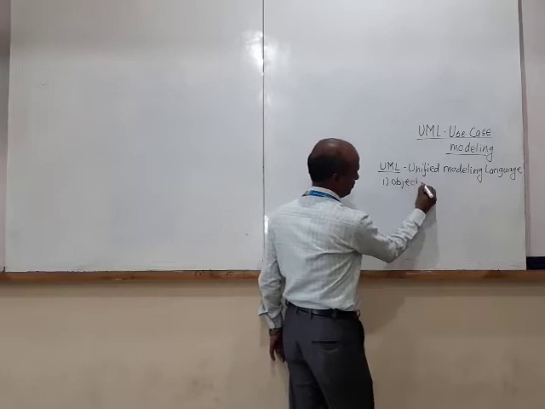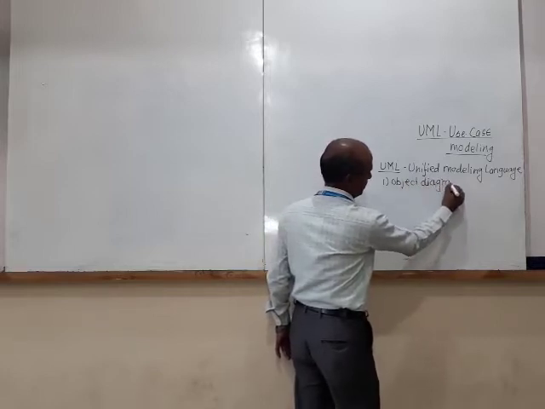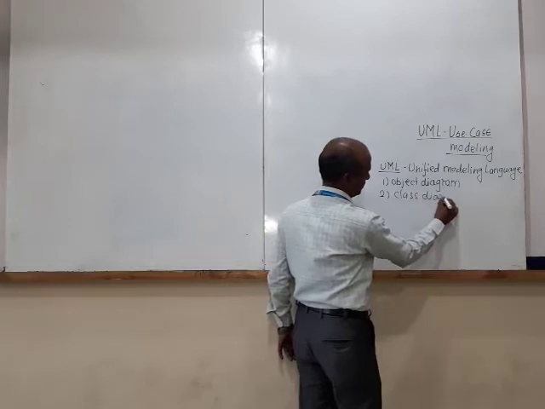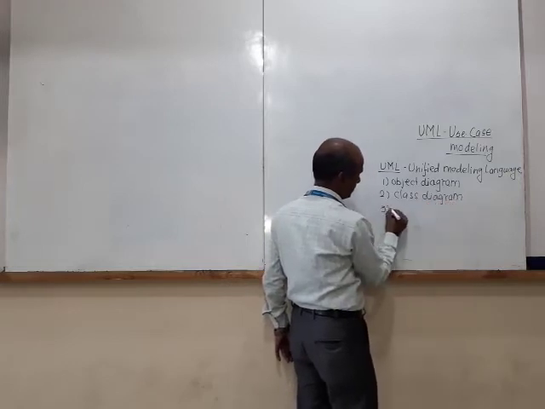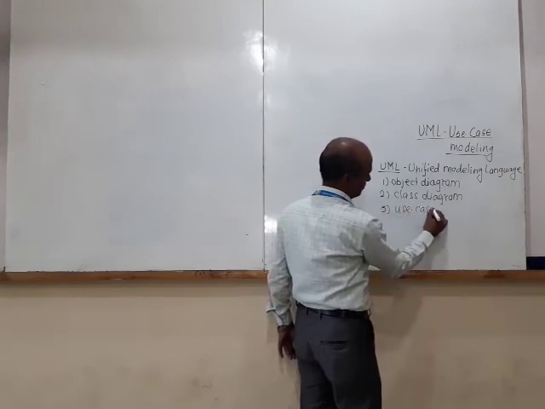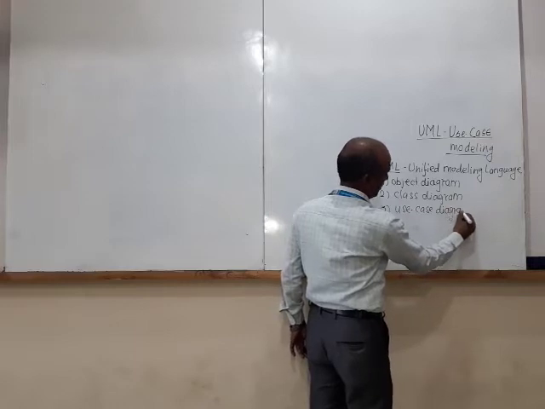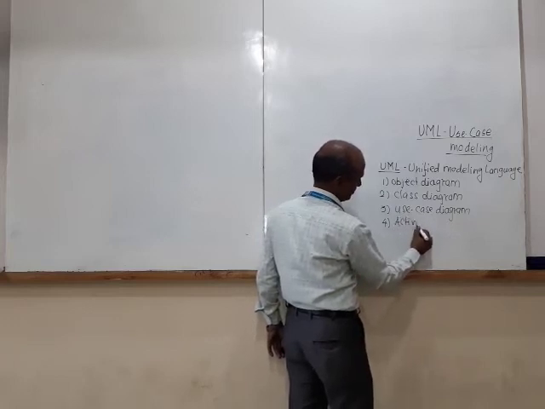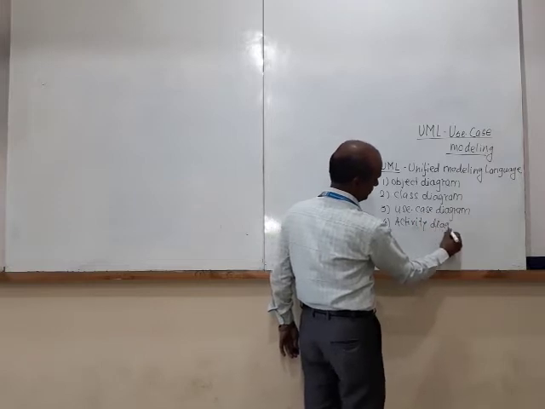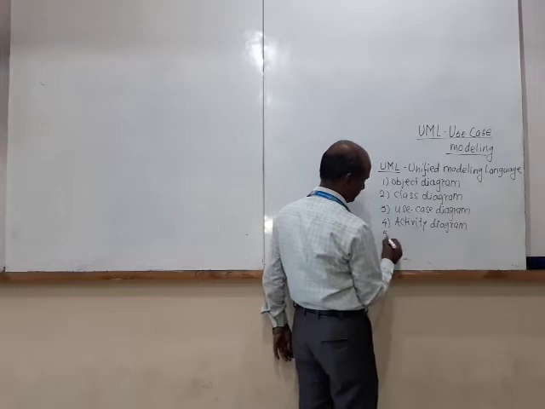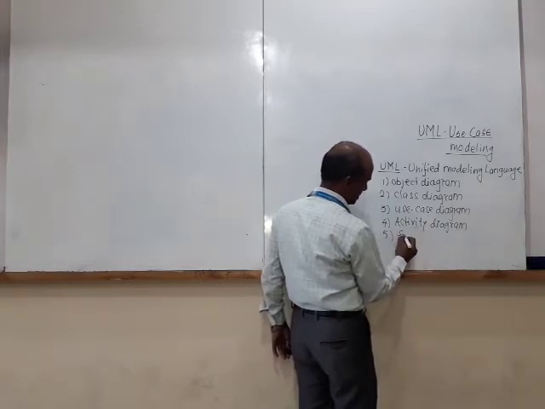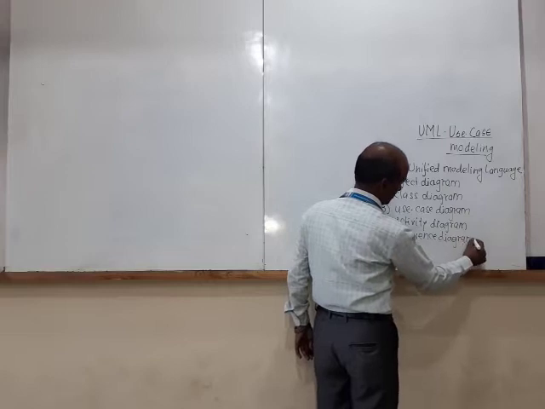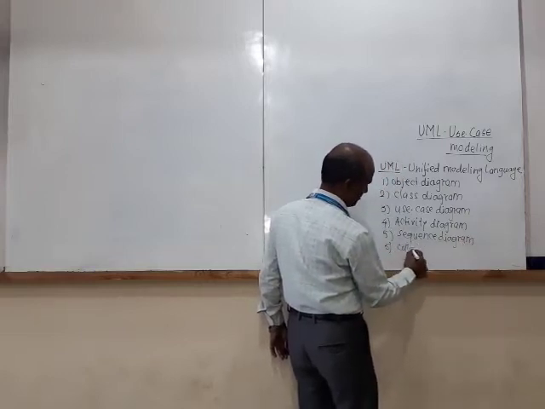object diagram; number 2, class diagram or class modeling; number 3, use case diagram; number 4 is activity diagram; number 5, sequence diagram; number 6, collaboration diagram;